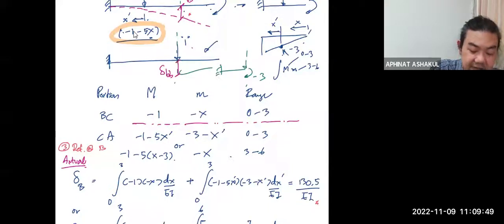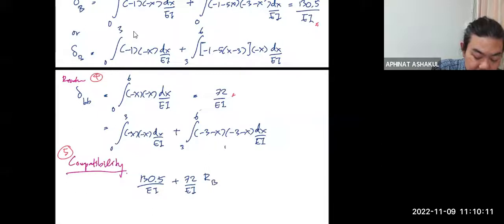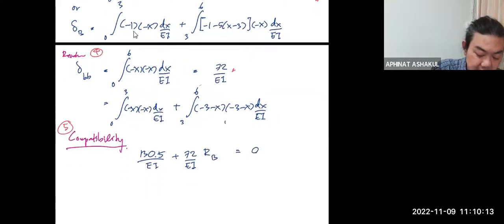It's positive because the direction of delta BB is similar to the direction of the unit load I applied. But when I construct the compatibility, I now have 130.5 over EI plus 72 over EI multiplied by RB equal to 0. And so my RB turns out negative in the end,